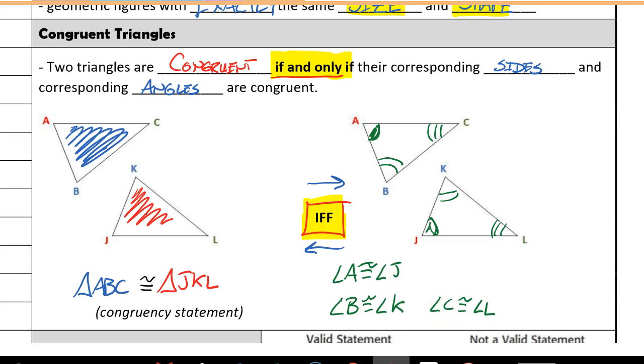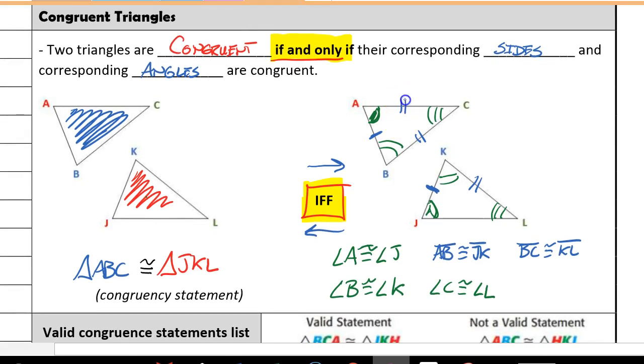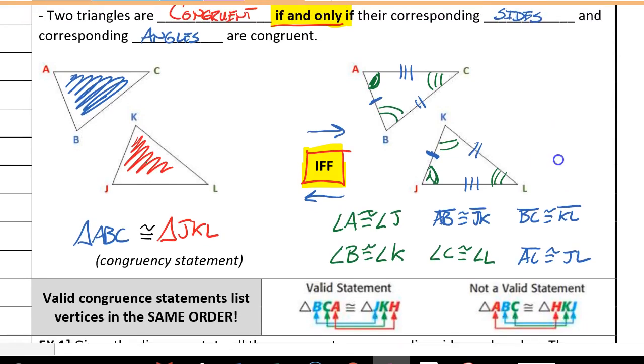Additionally, all of the sides must also be congruent. So AB must be congruent to JK. BC must be congruent to KL. And lastly, AC should be congruent to JL. Now, the reason I'm able to name all of these in succession order is because this